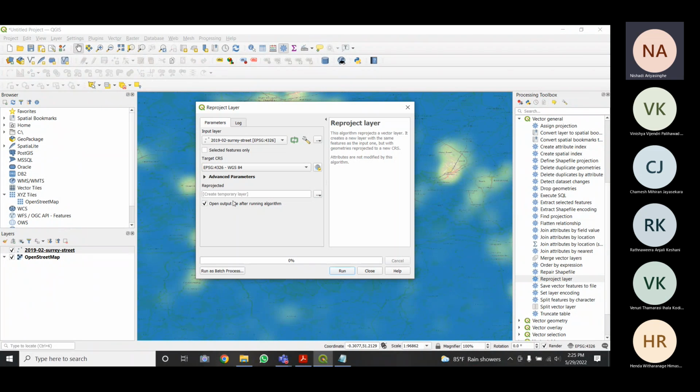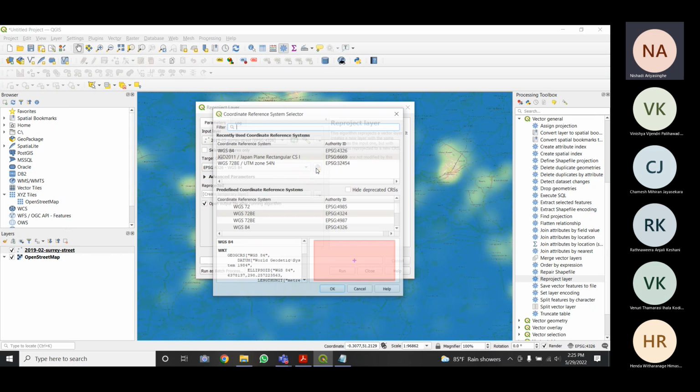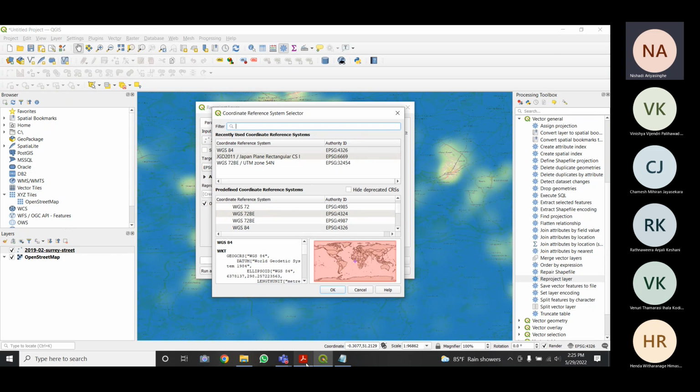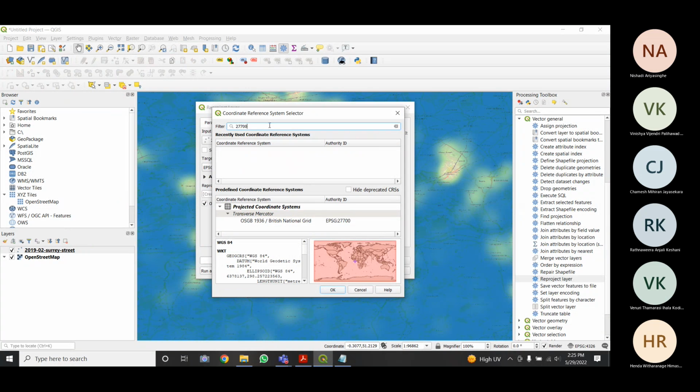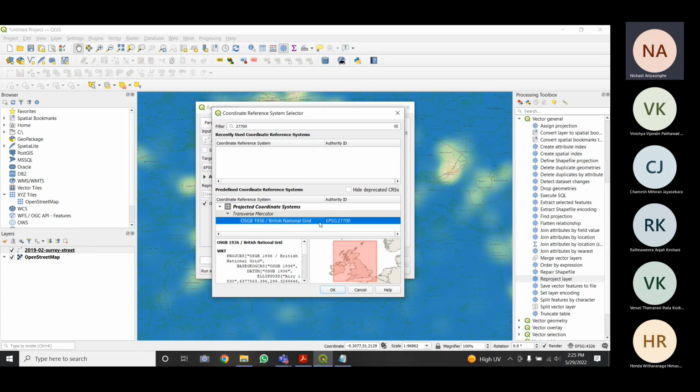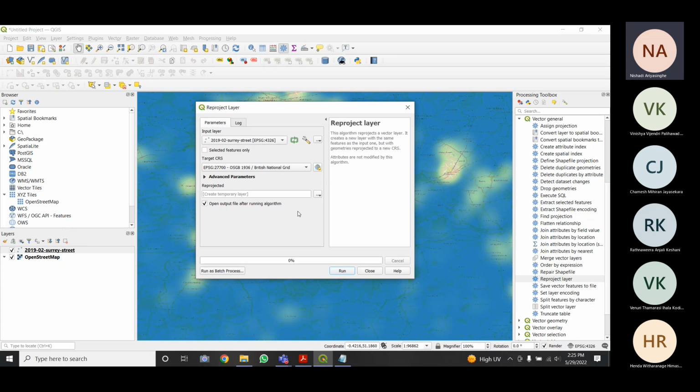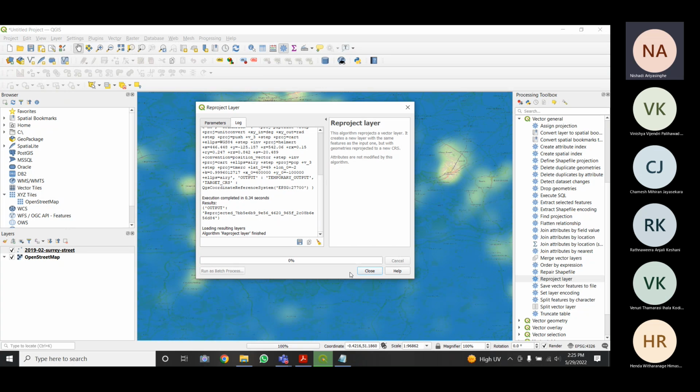So when you double click this, here you can select the CRS as 27700. Yeah, so this is the British National Grid. So you can see here it covers the whole grid. So our data points are also there. So you can click OK and you can run this.